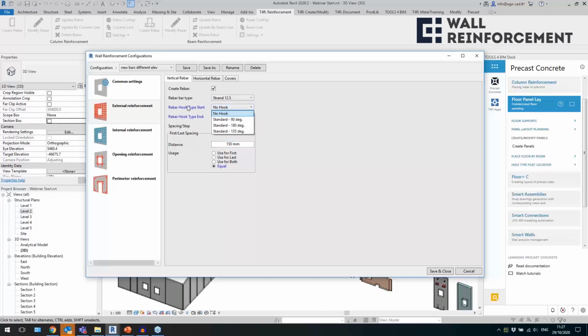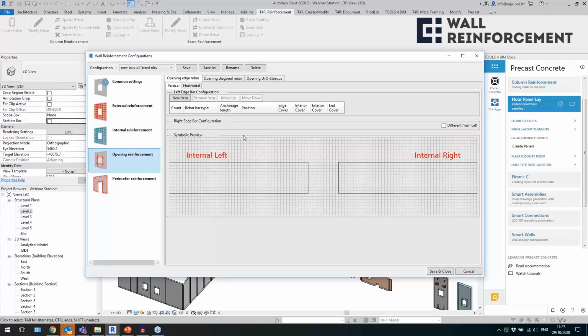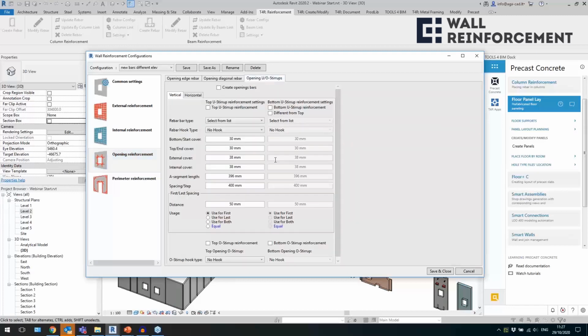And also we have new thing that some clients requested hook at the start and the end, so we added here. The same for horizontal bars when we have covers, if you didn't know this tool. So an internal reinforcement, opening reinforcement, actually opening reinforcement like U-shaped bars also got these equal option. So I think it's much better, much easier in most cases